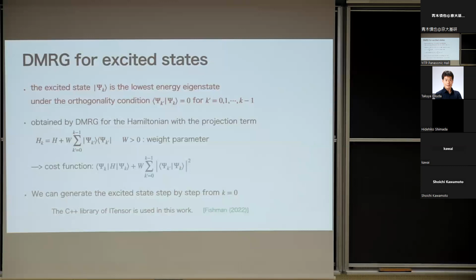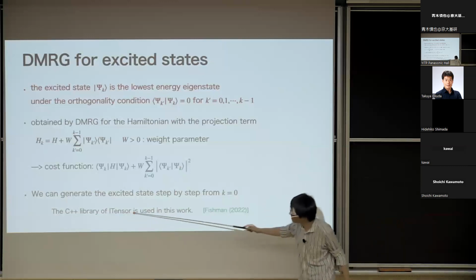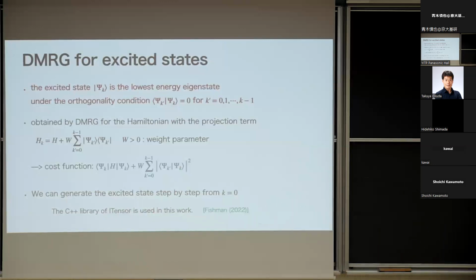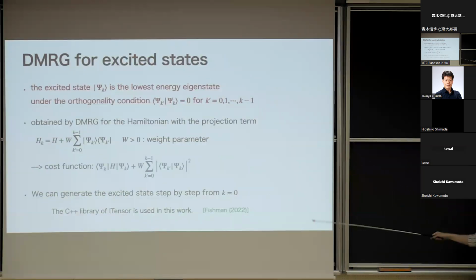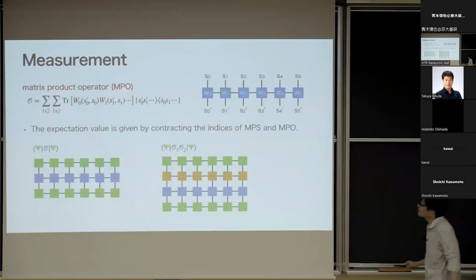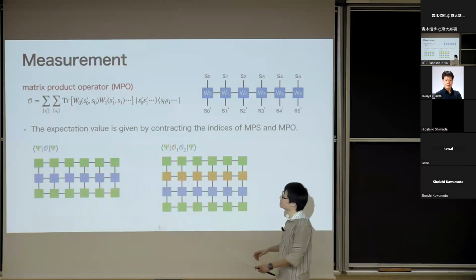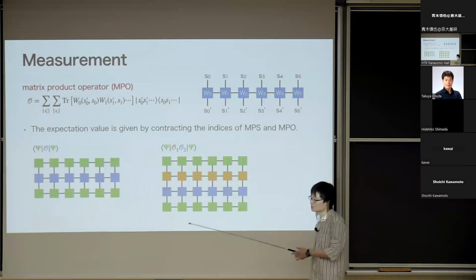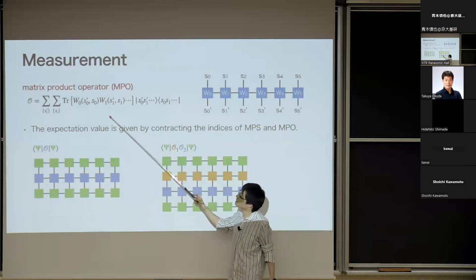Okay. And actually, in the calculation, we use the eigenstar library. Yeah, it's a very nice, convenient library. Okay, and so in this part I explain how to generate the state, and I also explain how to measure the observable. So the observable is represented by some operator. After the Jordan-Wigner transformation, the operator is represented by spin operators, and the spin operator can be